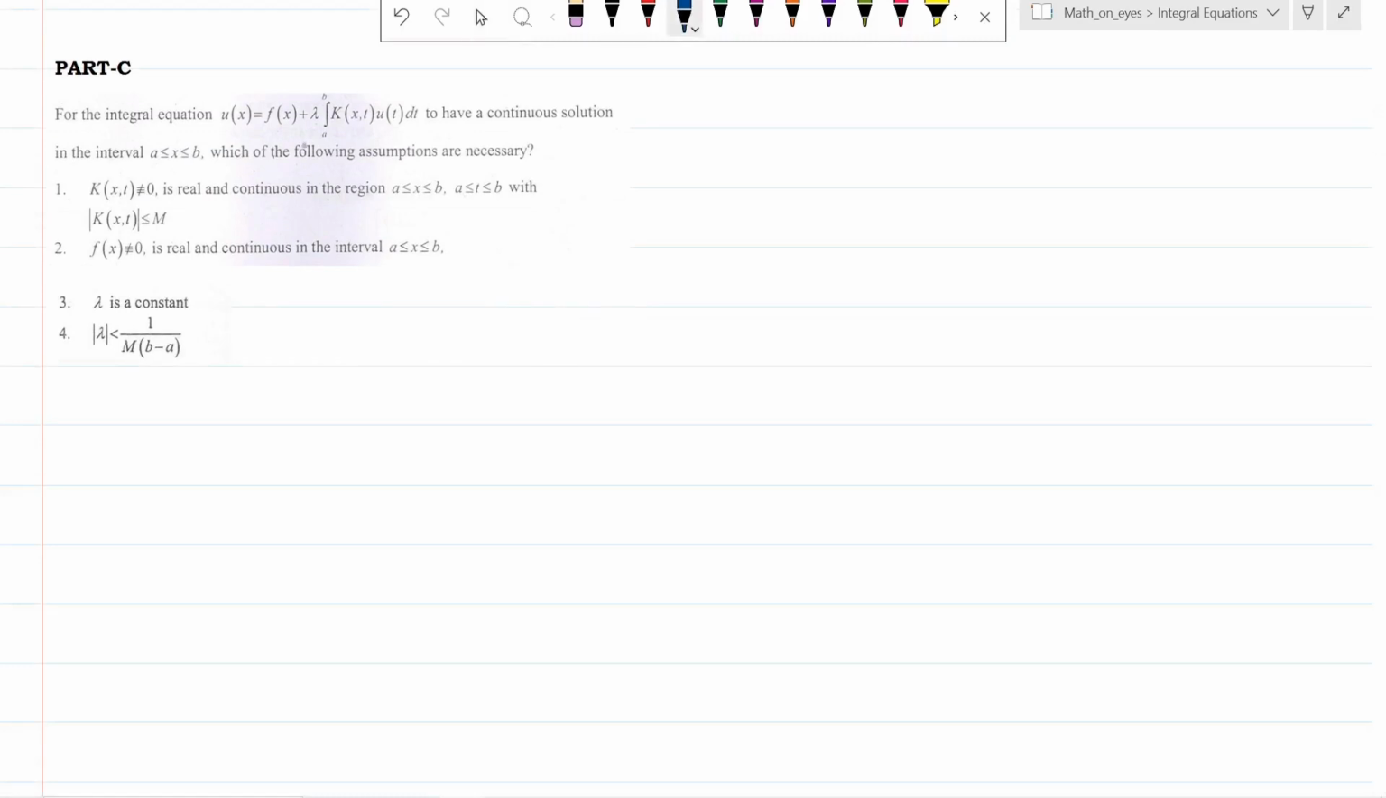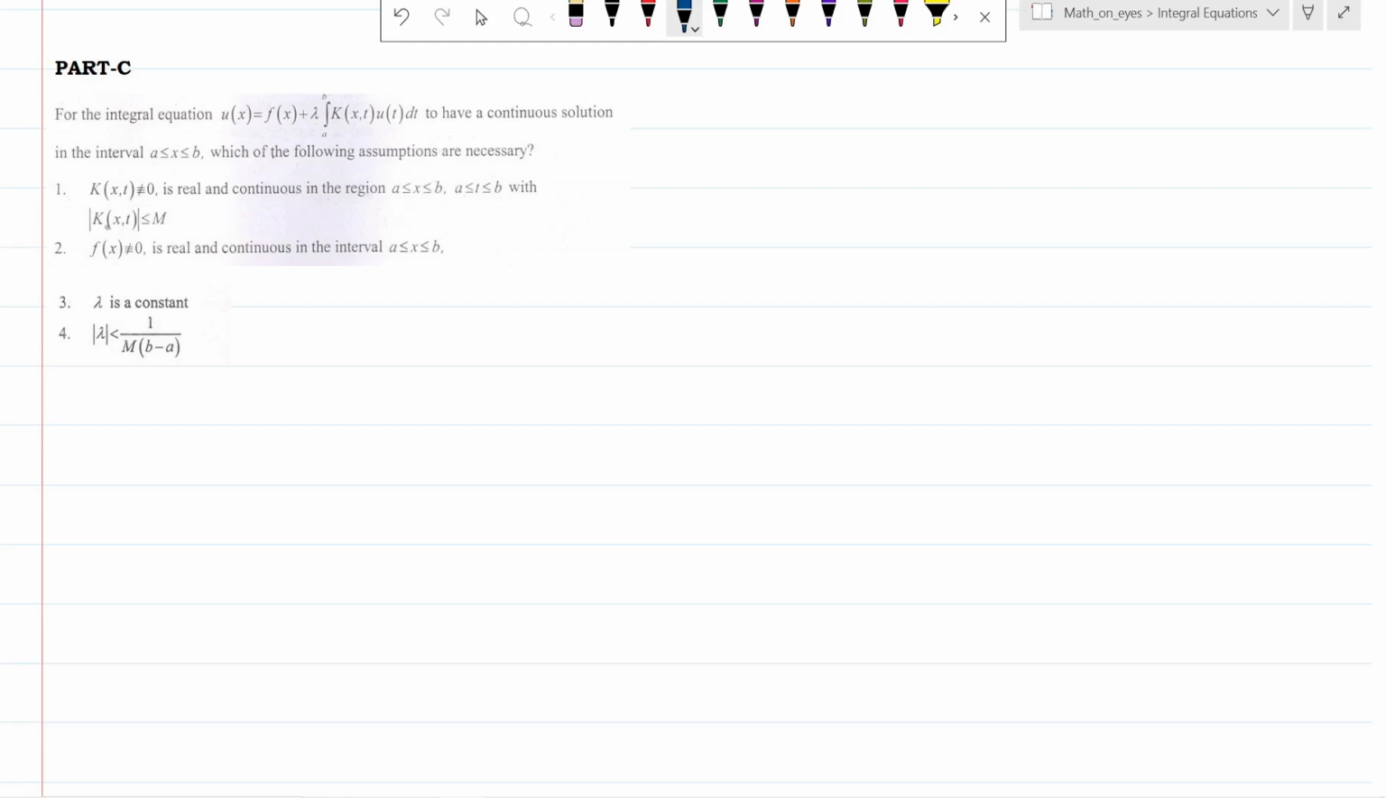Question number 1. For the integral equation u of x is equal to f of x plus lambda times the integral a to b k of x comma t u of t dt to have a continuous solution in the interval a less than or equal to x less than or equal to b, which of the following assumptions are necessary? Kernel not identically equal to 0 is real and continuous in the region a less than or equal to x less than or equal to b, a less than or equal to t less than or equal to b